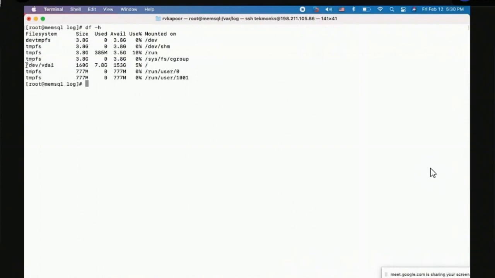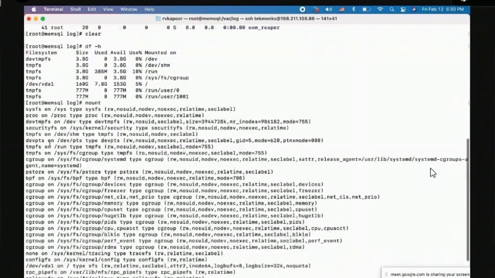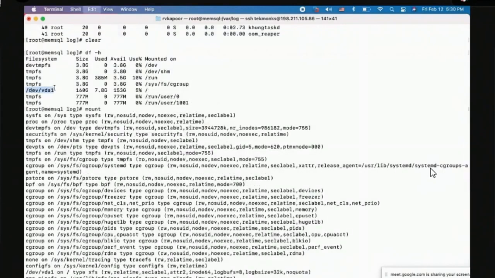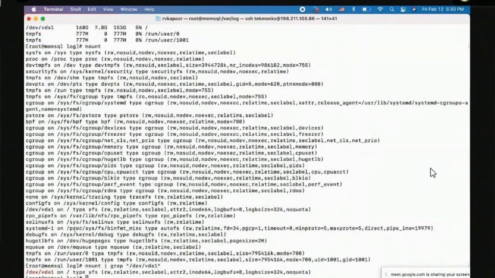And you may want to know, okay, well, is this my database disk, or is this my database disk? There is also a command called mount, and mount will tell you what is mounted where. Okay, so now again, this is too much information. So really, I want to know what is this thing, right? Where is this mounted? So I can use grep as it is to see